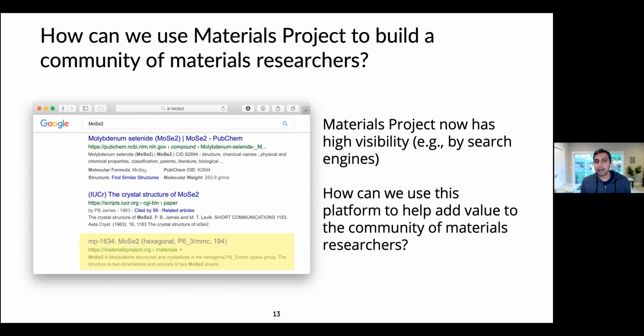What that means is that when people are searching for various chemical compounds in Google, they see Materials Project results relatively high up, and they're likely to see the data set page that comes up for a particular chemical composition. Obviously there's a lot of data on molybdenum diselenide and other compounds that aren't computed by Materials Project, that are either in the literature or things that people are measuring in the lab. So we really want to use this platform as a way to get that data out to the people clicking this link in Google.